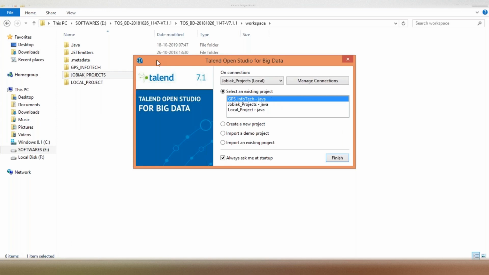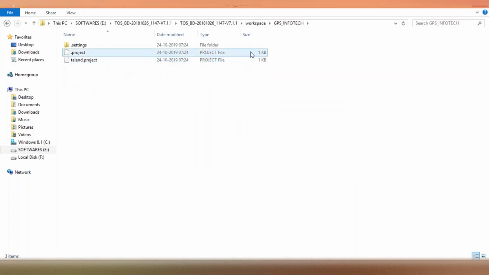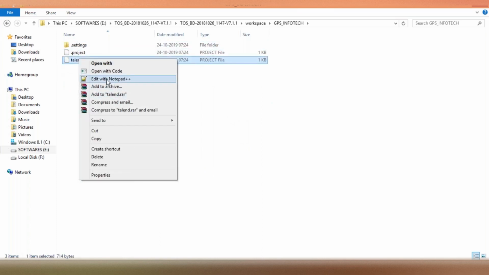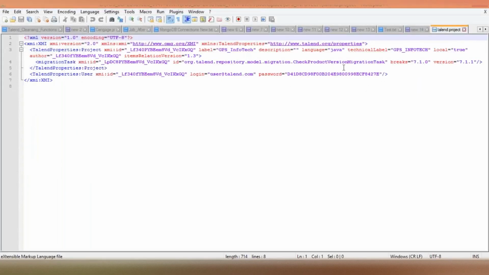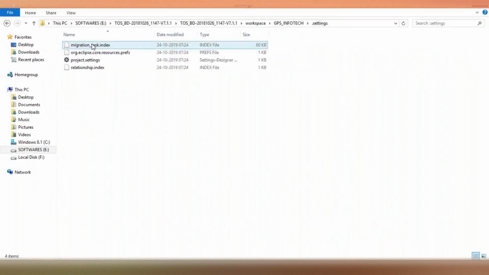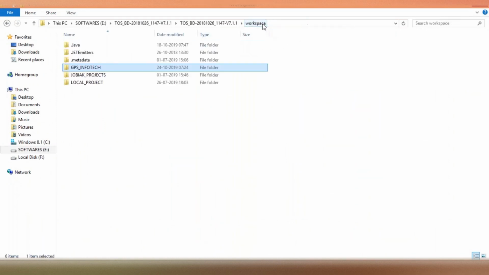So once you create this, you just look here under the workspace, and one more project has been added. If you open it, it has project settings, under which you can see who the author is and everything else. It will be available here. Based on the environment, sometimes you need to put in settings like the context,